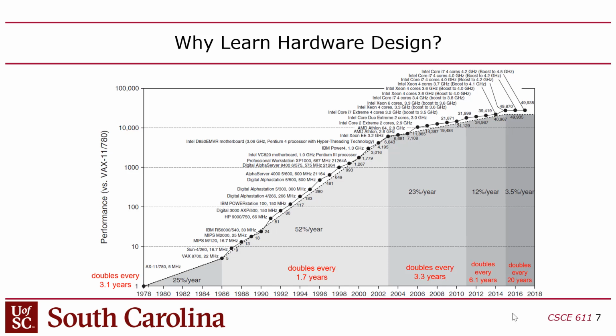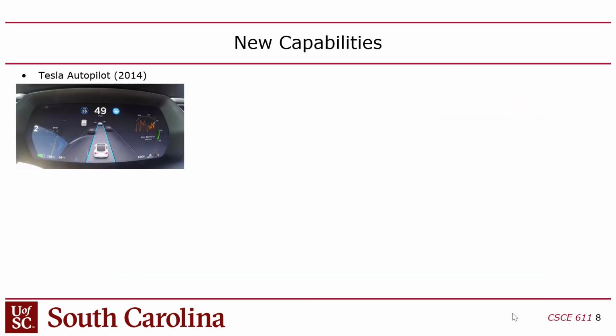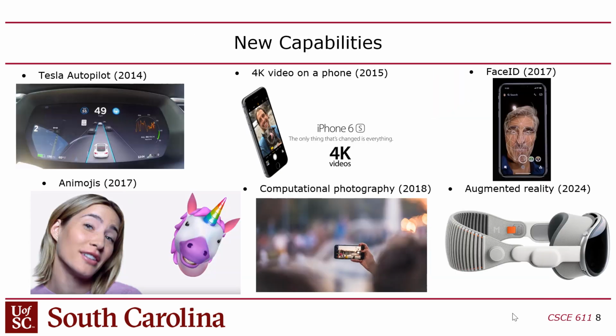And so basically what that means is that if you want to introduce any new capability that's in any way tied to performance, then you can't just wait till the next CPU comes out. You're going to have to design some kind of specialized hardware, right? And so, when I say new capabilities, what I'm talking about is,